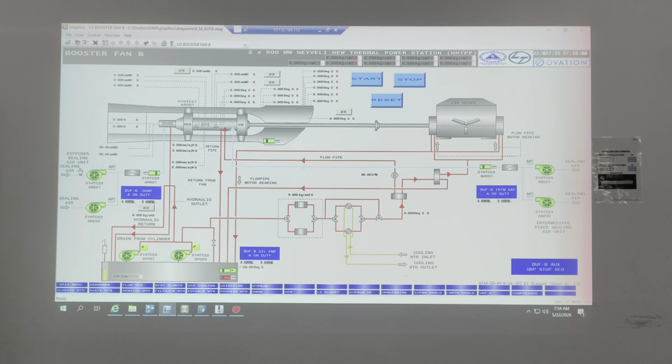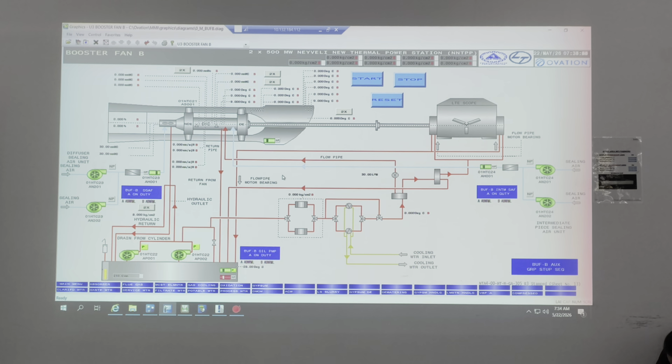And this color is used for the other one. So it can depend on your project. But this color shows you the process color. Understand? Right?